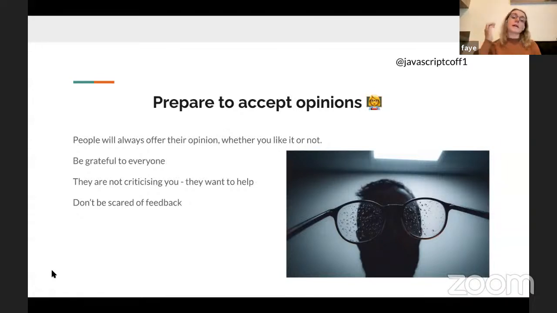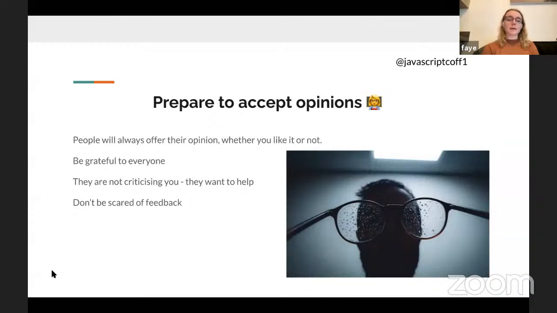This is a big one that fits into getting overwhelmed, because people will always give you their opinions, whether you wanted their opinion or not. I get probably at least 5 or 6 opinions on everything that I write. I don't mean like, oh, this is the best article. I mean opinions like, well, you wrote this wrong, and this wrong, and this wrong, and I just say thank you. Please tell me how I can improve it, and I'll update the article.